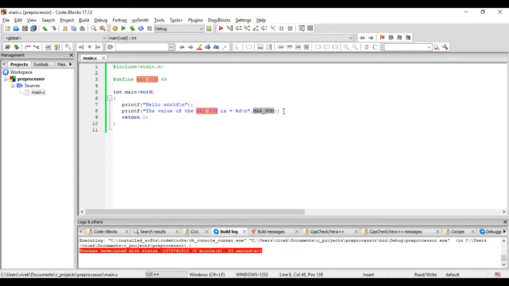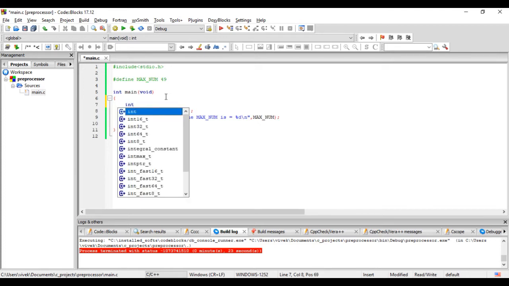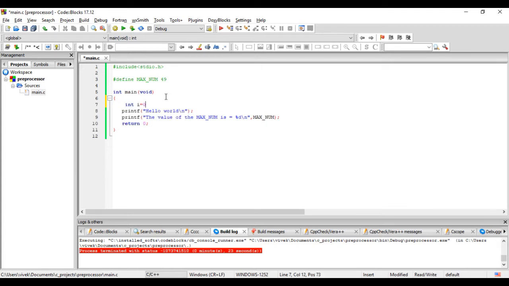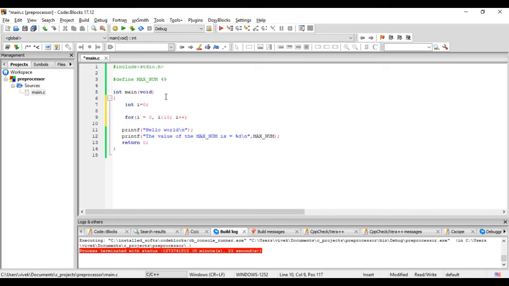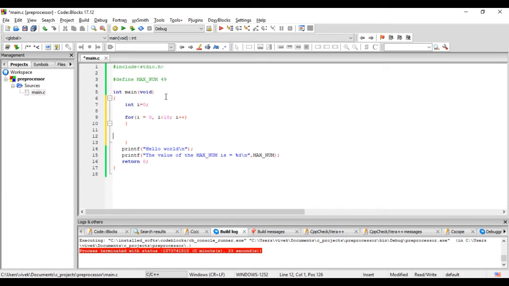Now to see the other benefits, let's take some for loops. Alright, let's declare an index variable int i equals 0, and I'll write a for loop. Say inside this for loop, I want to print the statement hello world 10 times here.